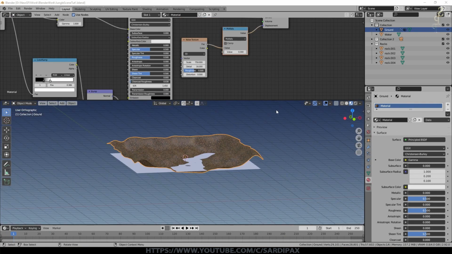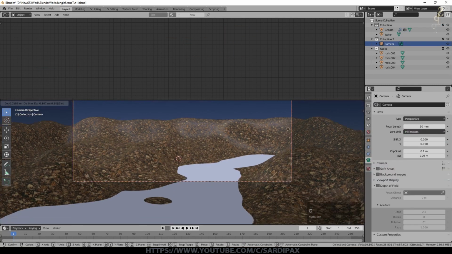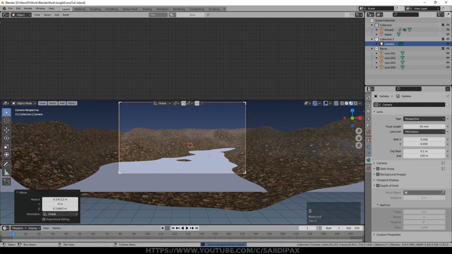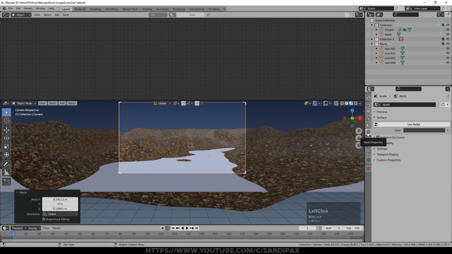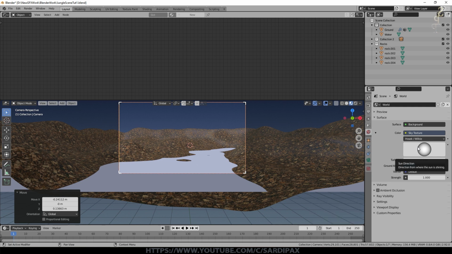So I'm now going to start to add a little bit of light into the scene so we can preview it, but I'll just position the camera slightly. So I've selected the camera and I'll just bring it down here. Come up to here, the world properties, say use nodes, and we'll click in here and say sky texture. Should note here that I'm doing this render in Cycles mode. You can equally well do it in Eevee, but there will be a few little limitations under Eevee. I used the Hosek-Wilkie method and just turn this little ball up to the one side slightly.